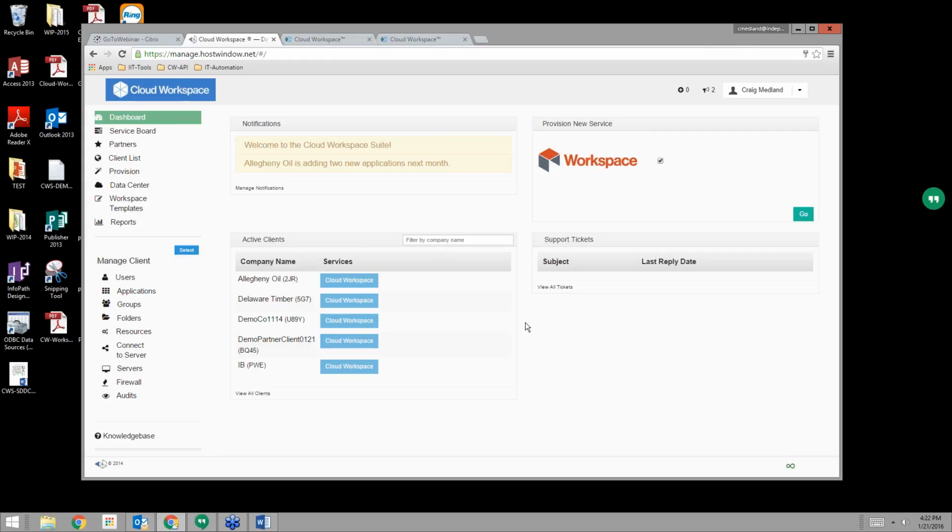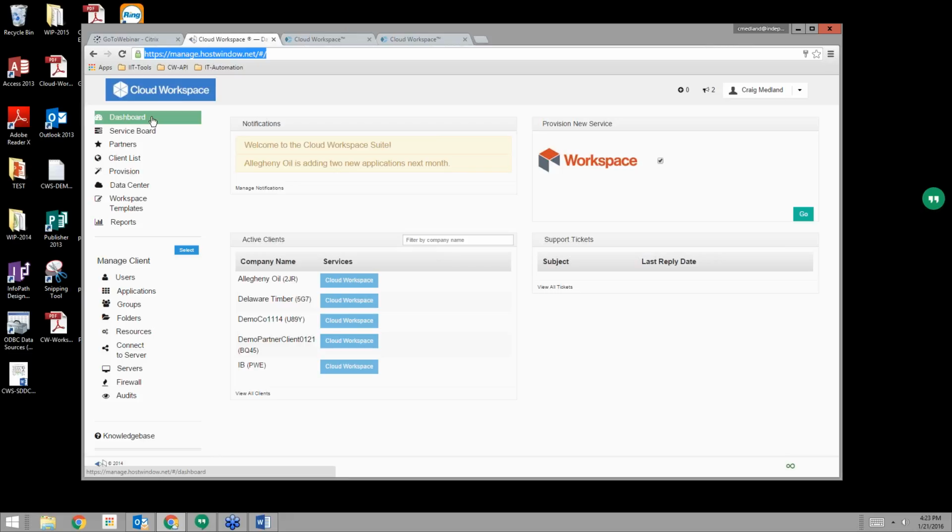So what everyone is seeing is, actually I'm delivering this demo from my own Cloud Workspace suite. But what you're seeing right now is I'm logged into our single pane of glass, our management portal. This is a web app that serves up the front end to the different Cloud Workspace virtual data centers. This is a demo environment, so it's branded fairly generically, the Cloud Workspace. If you sign up for a Cloud Workspace virtual data center, you'll have the ability to customize this branding at this level. So this is the dashboard view.